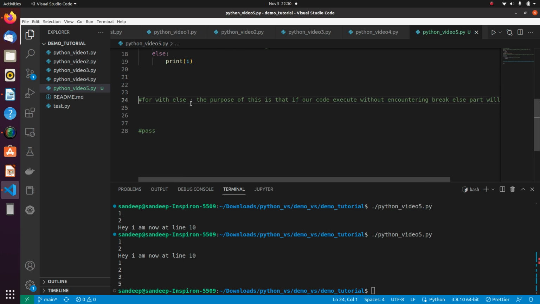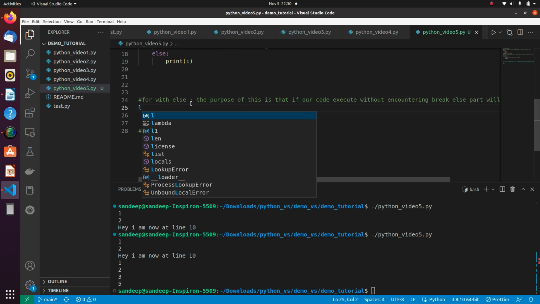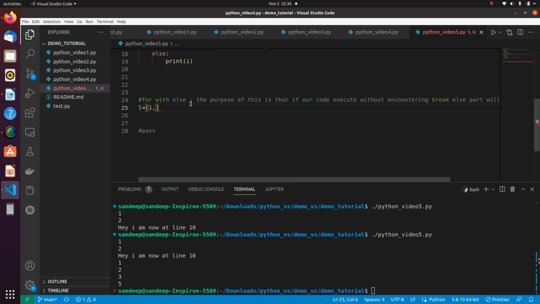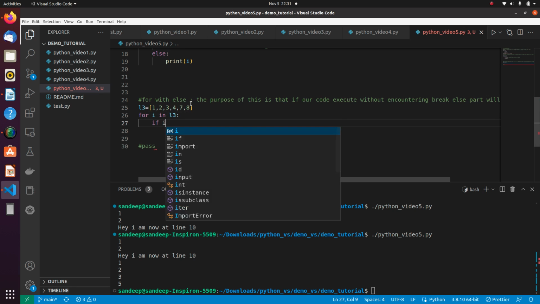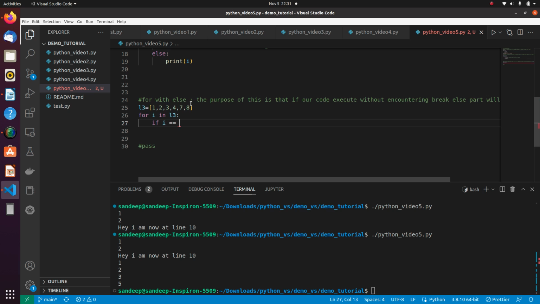So what do we mean by here? Let me write a program here. Let's say L is again 3, 4, 7, 8, 8, and what I will do is for I in L, and this time let me print L3, and this should be L3, and if I equals to, let's say, I assume it, let me compare it with 9 and write the same program, and